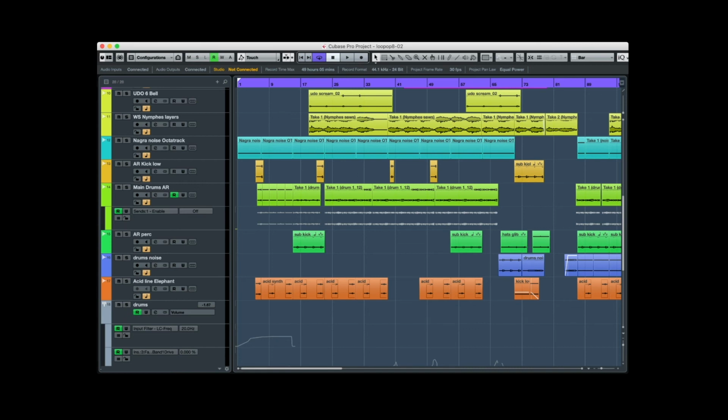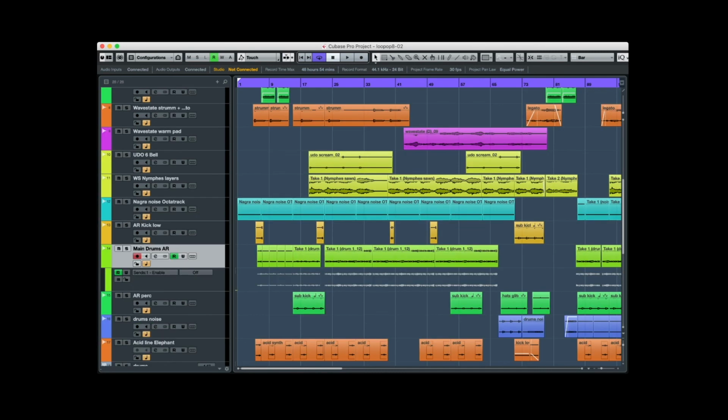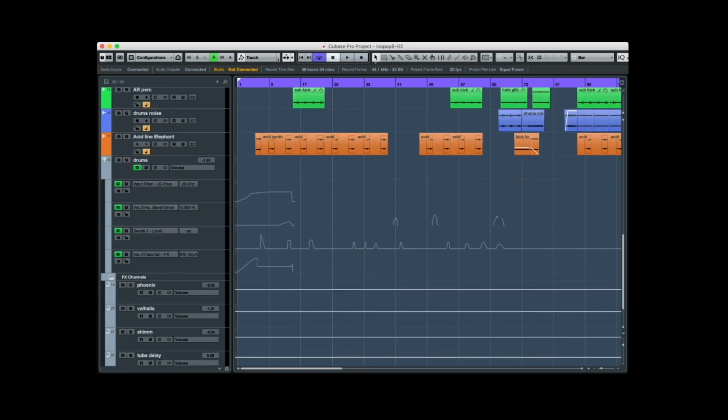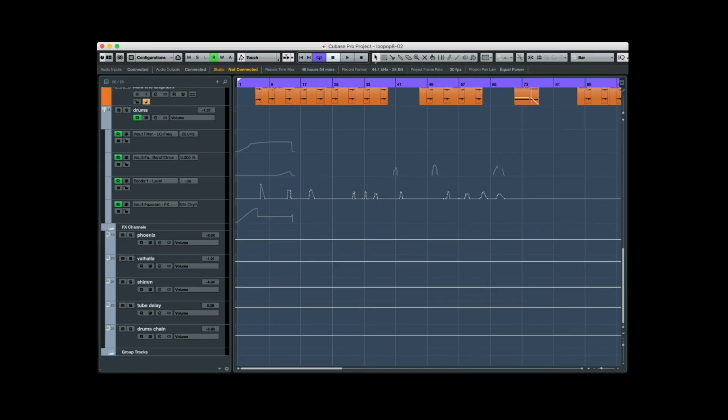As for production, I just did some EQing left and right, some basic stuff. The only important thing is that these main drums are sending the signal to the bass. So the bass is compressed and sidechained. Here I have a main drum bus where all the percussion goes. Added just a little bit of saturation on that, and a little bit of compression, and just a little bit of automation, although there's lots of stuff already going on in the tracks themselves.